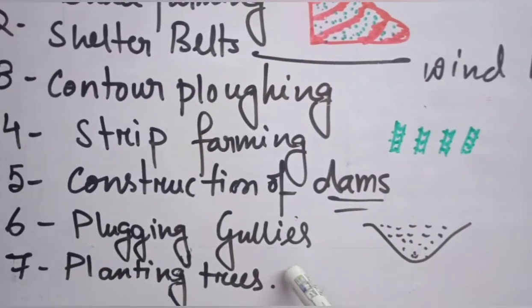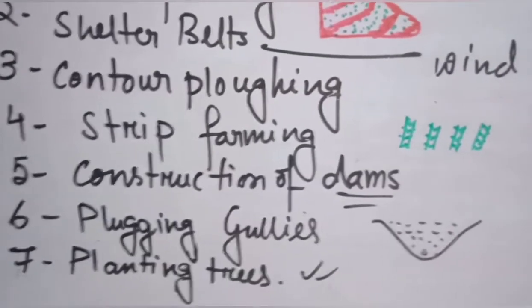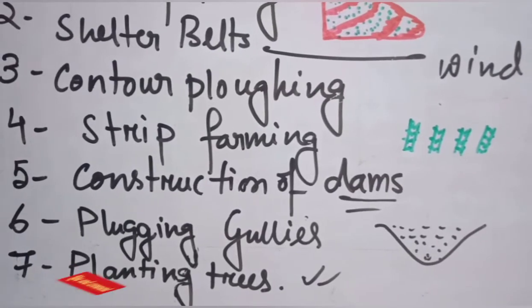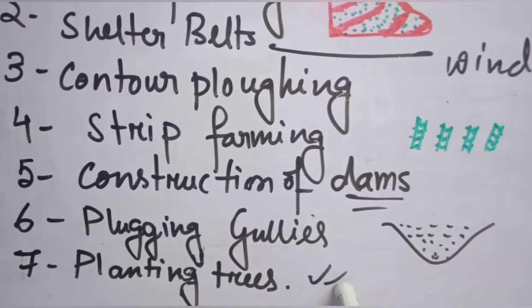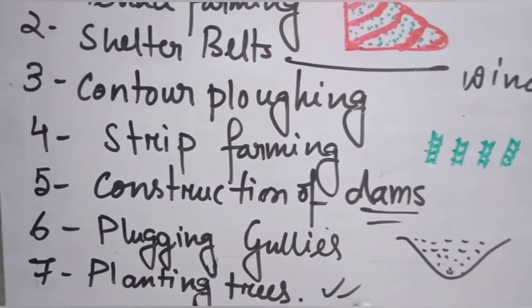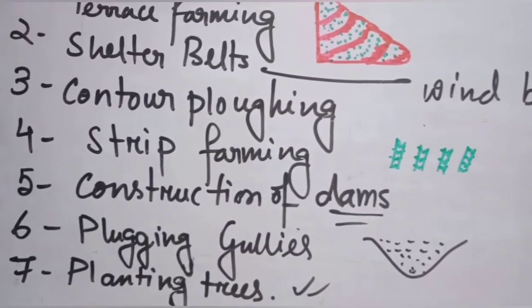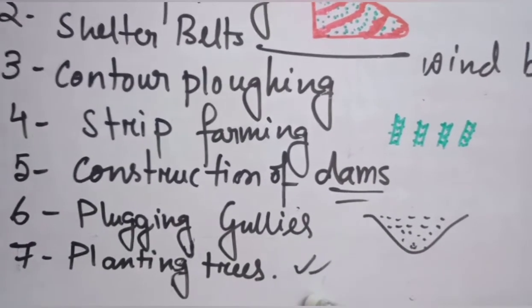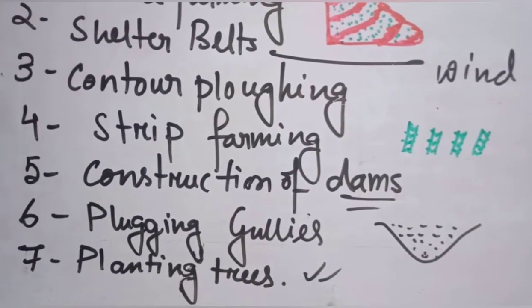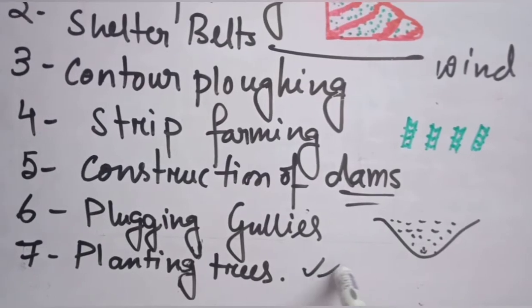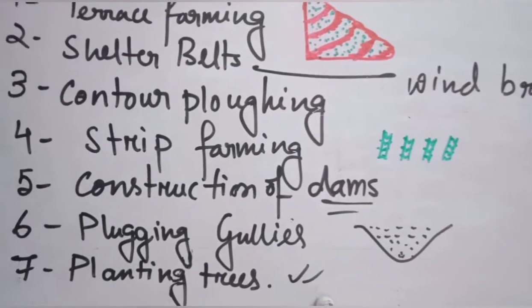And then planting of trees. This is the point everyone knows: soil can be held only by the roots of plants or trees. When there is no vegetation, no plants, no trees, the soil is directly exposed to nature, exposed to the wind, the sun and the water, and can easily be eroded. If we plant more and more trees, the roots of the plants and trees will hold the particles of the soil, and finally it will prevent soil erosion.